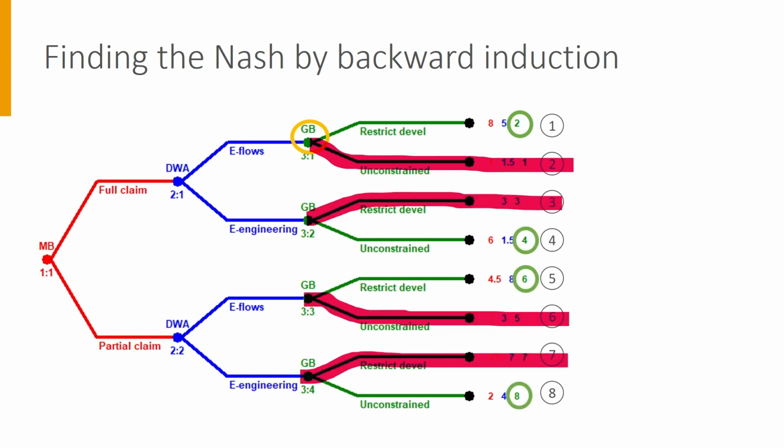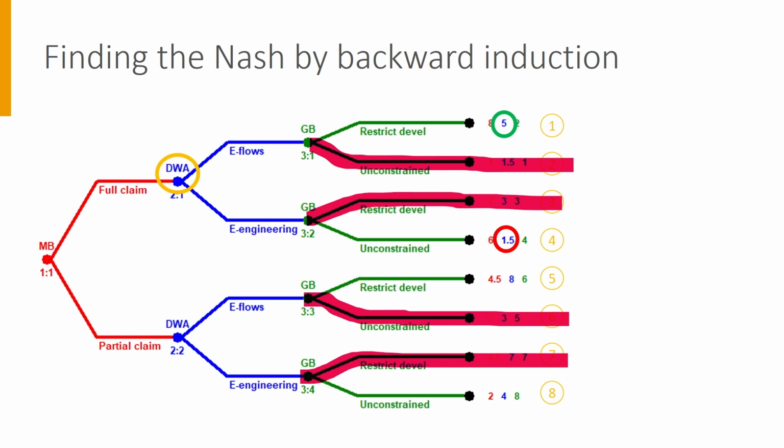For each of these pairs of outcomes, between which Great Bruck can choose, look at their payoffs, the last numbers in green at the end of the tree. We can cross away the outcomes with the lower payoffs. For the remaining reduced tree, we can now move to the second to last player, which is the Department of